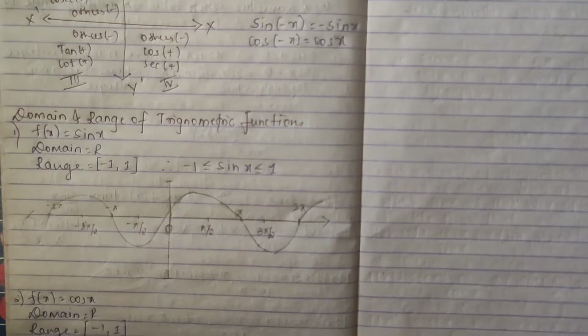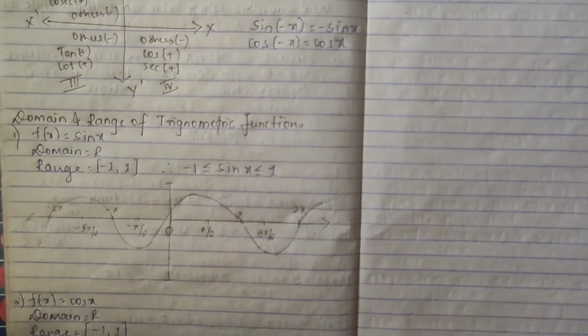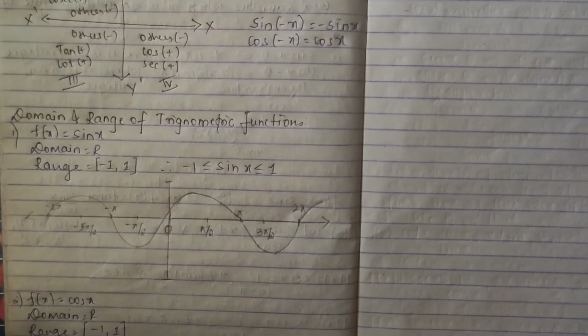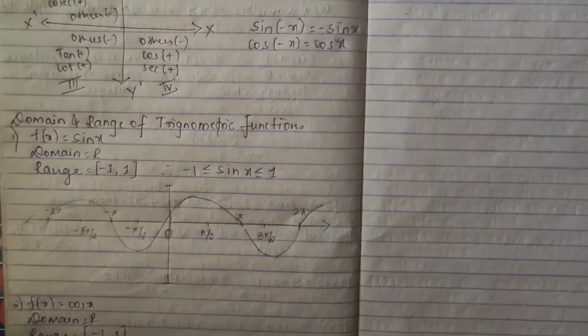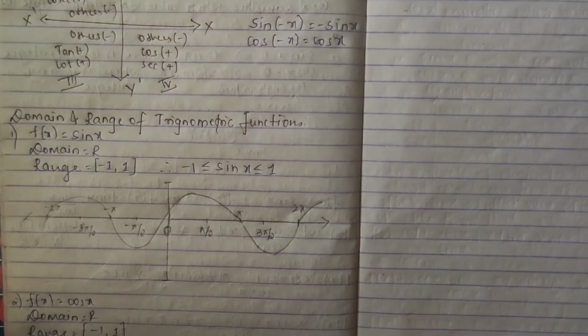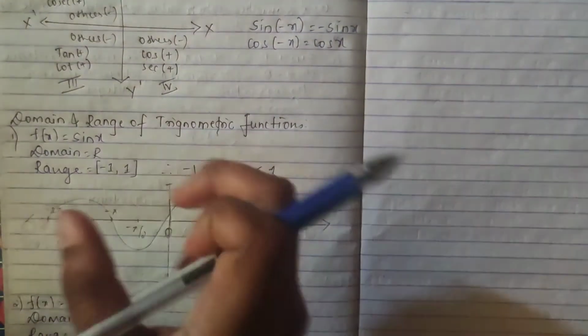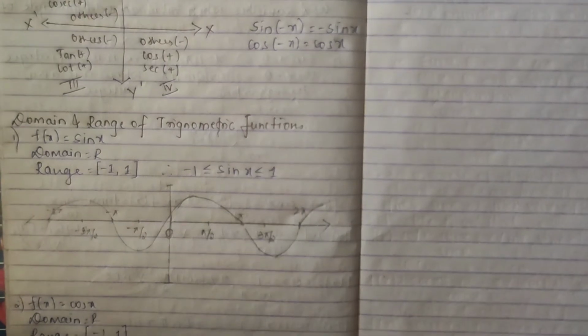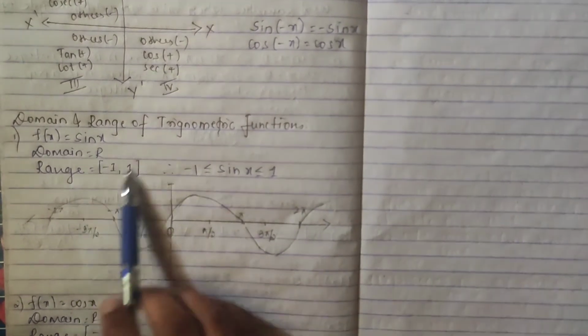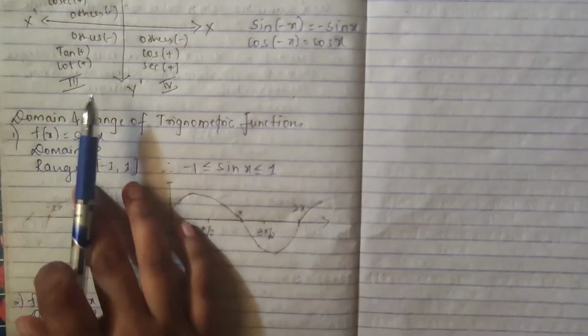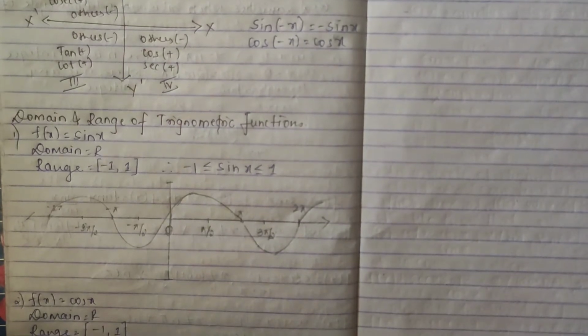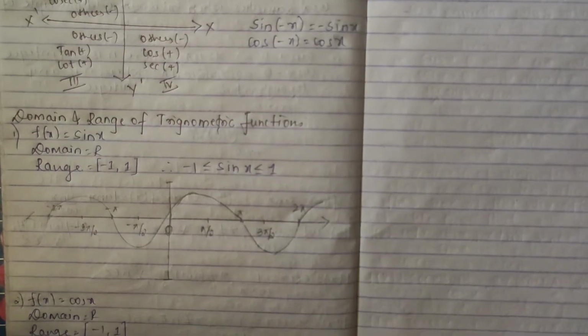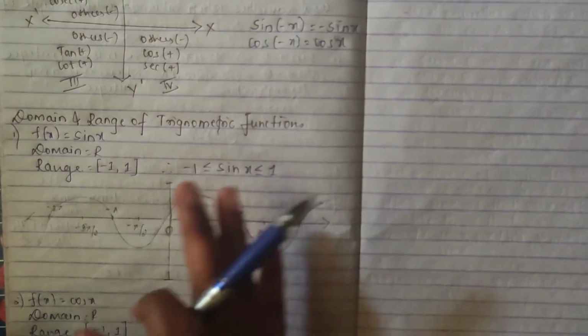So now we will do domain and range of trigonometric functions. For f of x, there is no need of going deep. I'll just tell you what the domain and range will be of these functions. So the domain is R only, because whatever we consider real numbers, R is what? Real numbers, right? And our real numbers include everything: natural, whole numbers, integers, rational. So the domain is real numbers.